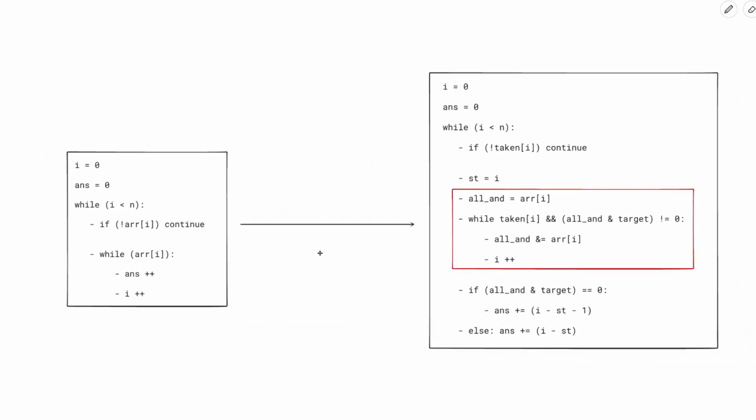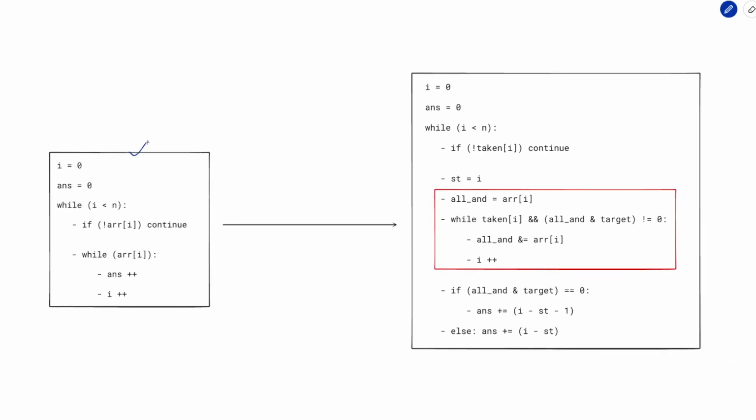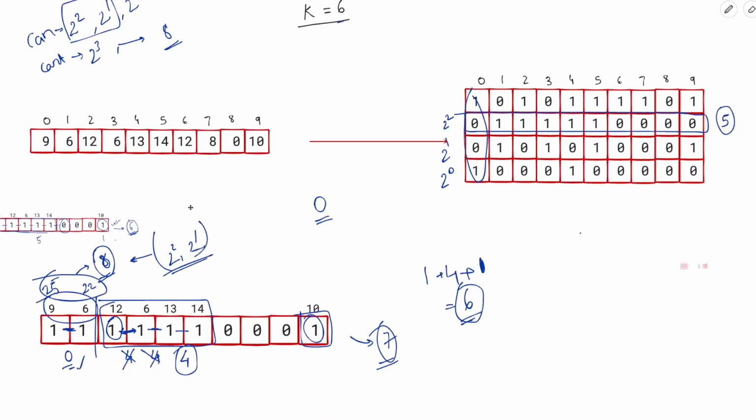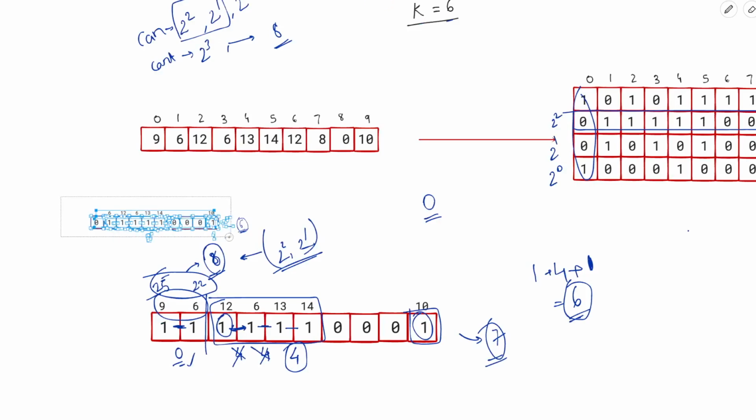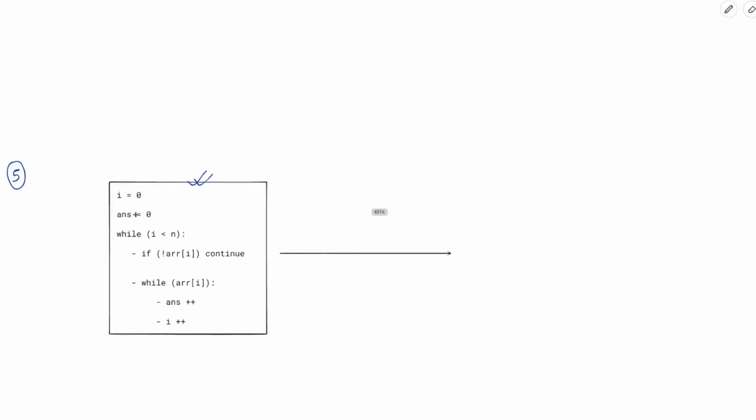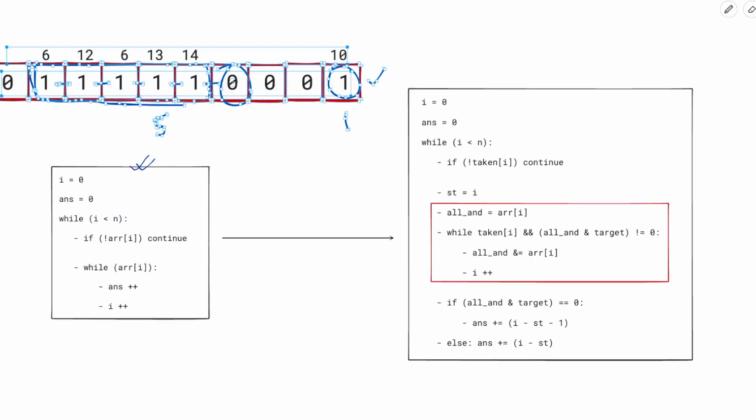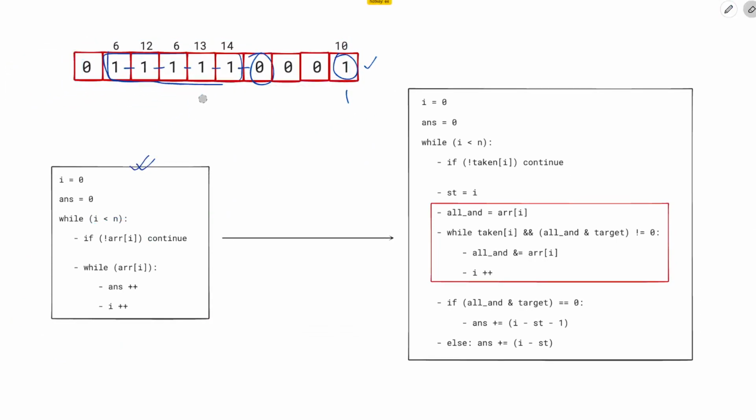Let's quickly look at the pseudo code. If you remember, this was the previous pseudo code where we're just counting the number of ones. So basically what we are trying to write the pseudo code for is, if you have an array of ones and zeros, and you want to understand the minimum number of operations required to make everything 0, then what will be the value? If it was the first bit itself, or in other words, if it is a single bit number, this is the algorithm. But if it is a multi-bit number,